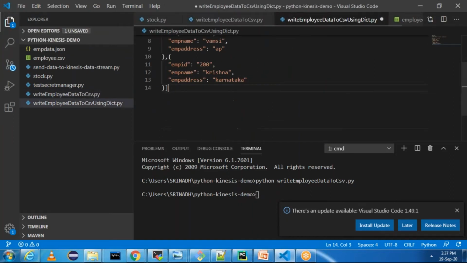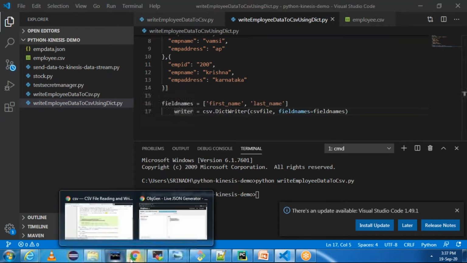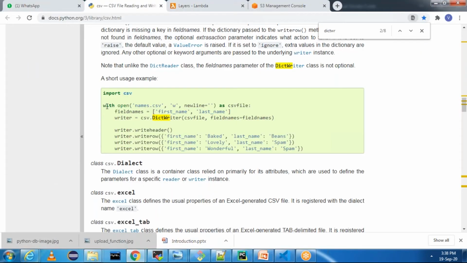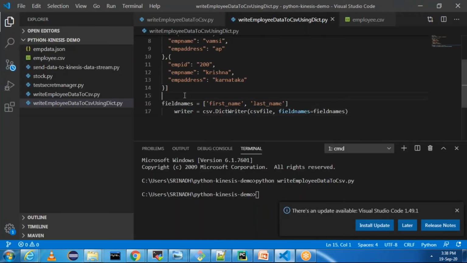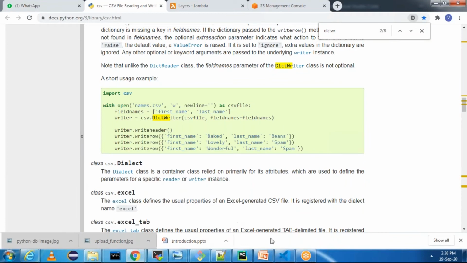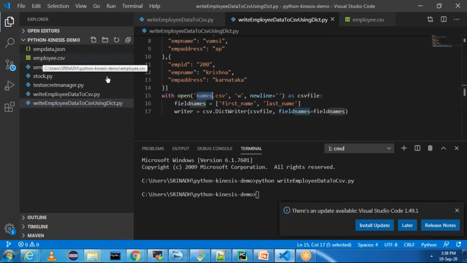Just go to this file and create the field names and writer. Before that, copy the file name. You need to say with open. Okay, with open, we already have employee.csv.